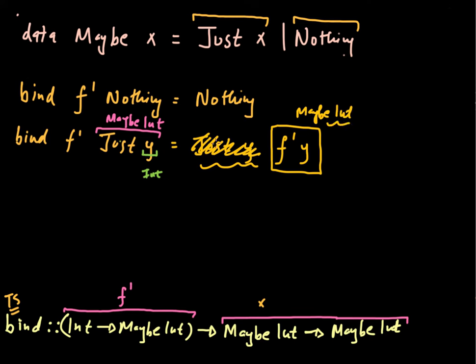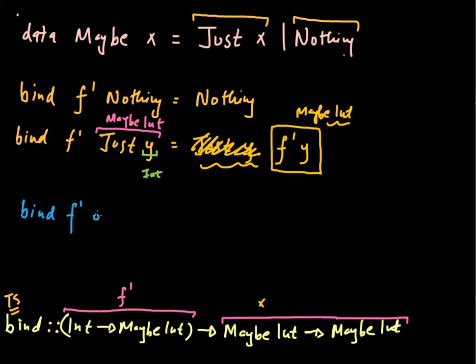Okay, so this is an implementation of the bind method in the case of using a maybe monad, and the other thing that we're going to do right now is define an implementation of a return method. But before we do that, let's write the first monadic law using function composition. The monadic law is basically defined like this: if I call the bind method on some function f prime, where f prime is a function that belongs to that type signature that goes from integer to maybe integer,